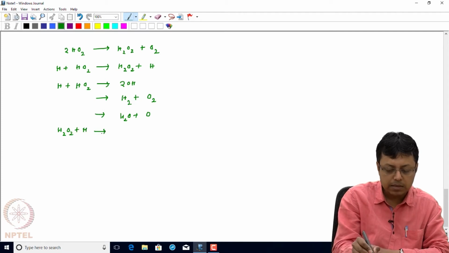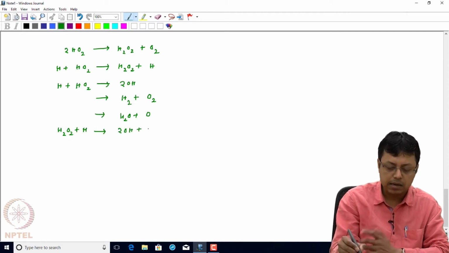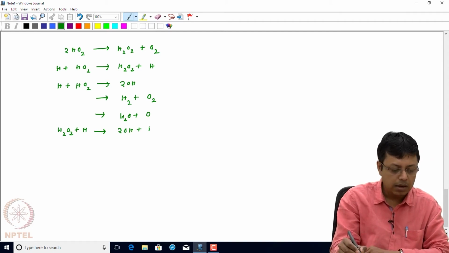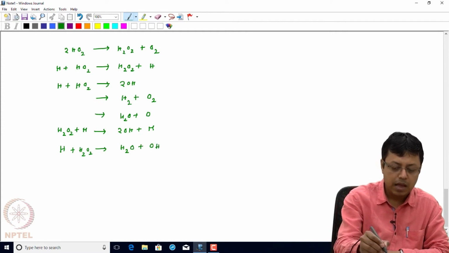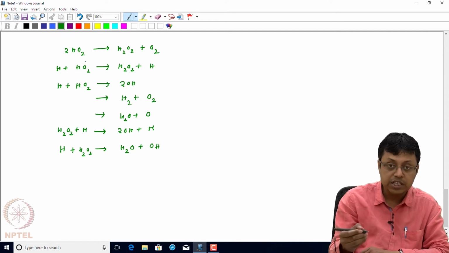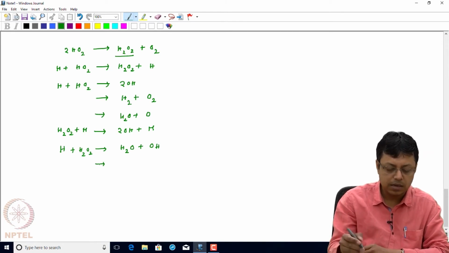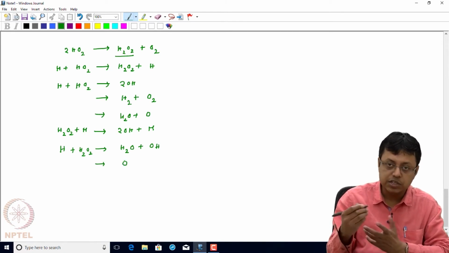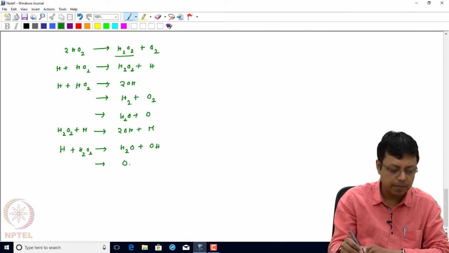M. Again, M is the third body, in this case a second body, and it can be anything else. It can be oxygen itself, it can be the wall, it can be the hydrogen itself. You have a very interesting chain of reactions which all will participate if we have an enhanced amount of this HO2, because these are all HO2-initiated reactions, producing H2O2, and H2O2 has its own interesting chemistry. In this case, it's not photochemistry, it's basically the radical chemistry which is initiated photochemically or by spark, and